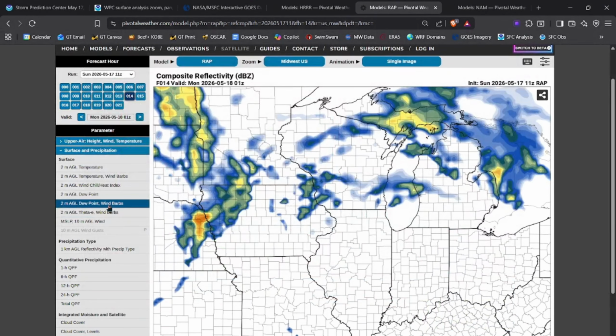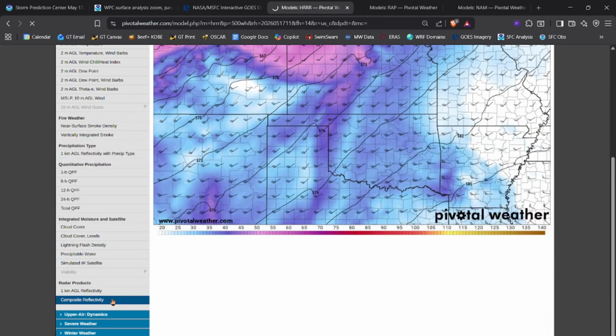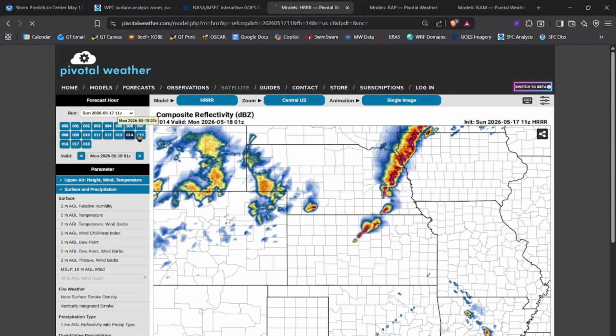However, storms there will be battling just drier air in general because of the advection regime. What do I mean by that? You can trace the wind barbs. First of all, there isn't strong wind aloft over Kansas. The 500 millibar jet is stronger up here than it is down in Kansas. And if you trace the wind barbs, the air being advected aloft into this part of the warm sector is pretty dang dry. It's coming from Arizona and the Texas Panhandle, which are two places that are not exactly known for being dry. So I would expect storms here to maybe be a bit more isolated, but also struggle with being